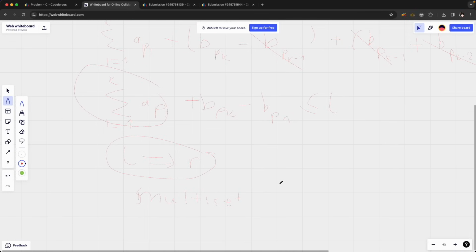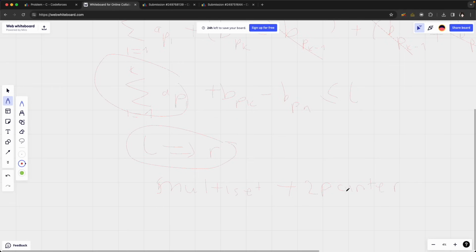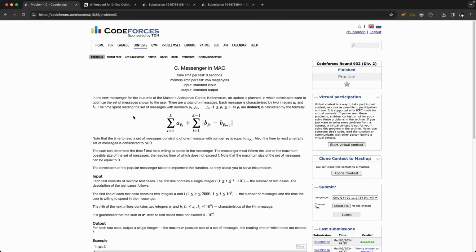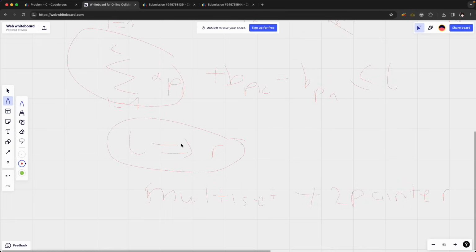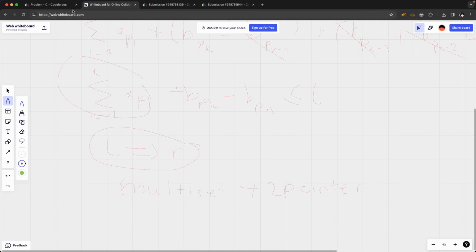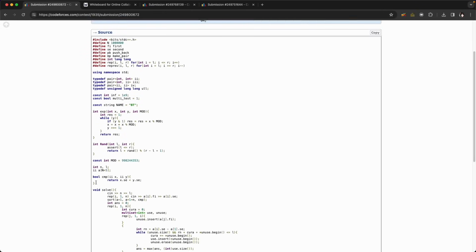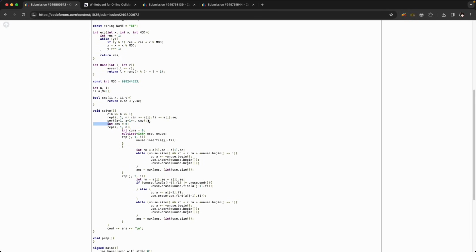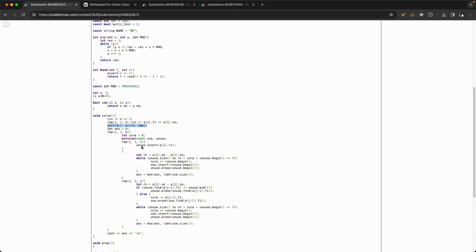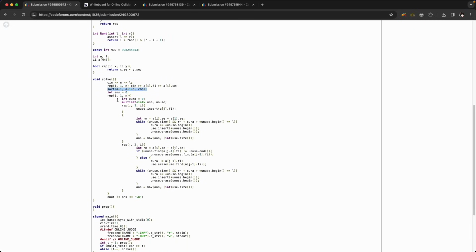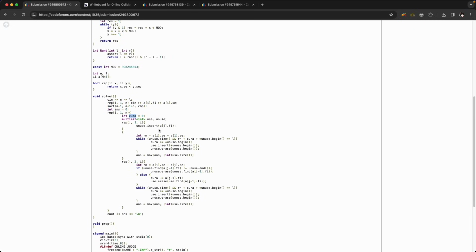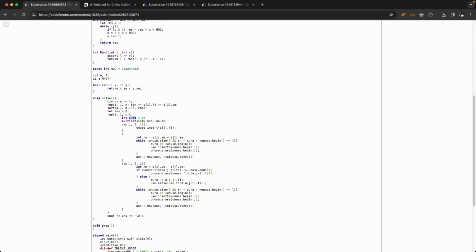Okay, and two pointers plus two pointers. Okay, and this is easy to be done with multiset and two pointers, and this is my code. I sort with increasing b_i, and I give the current. I use two pointers. The current